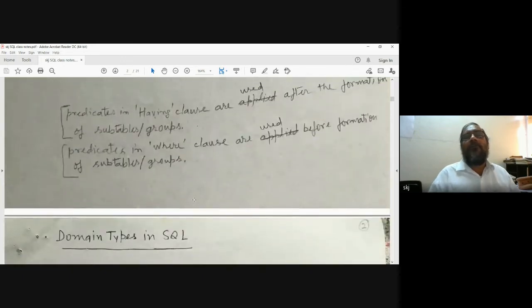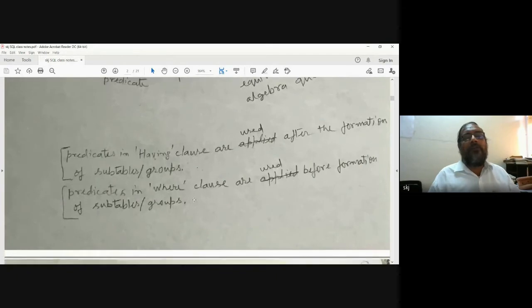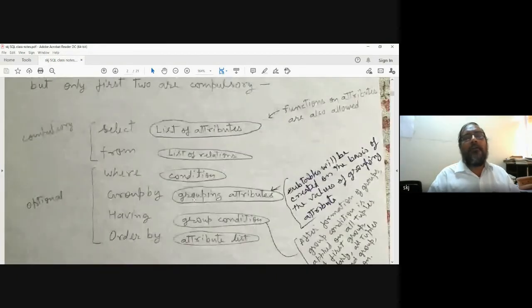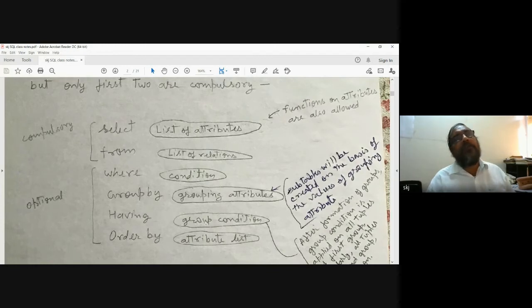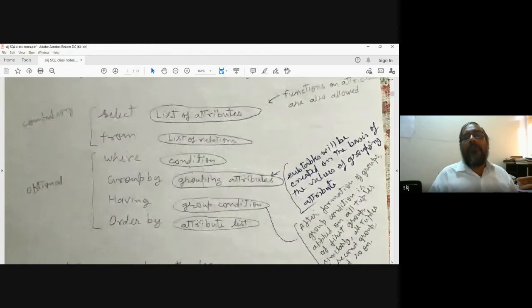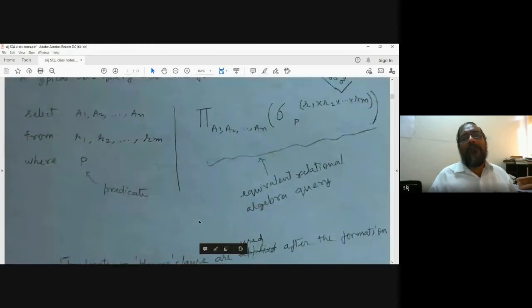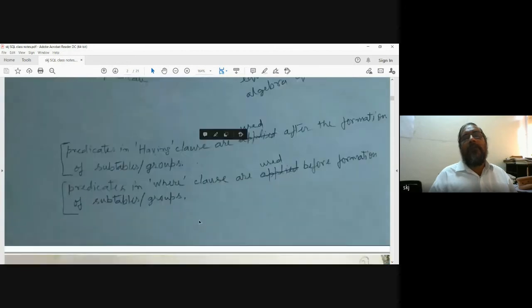Now, one thing you should remember here: predicate means condition, and it has to be applied at a certain time. Another condition, the group condition, also has to be applied at a certain time. So you should remember this timing, and it is also written here.